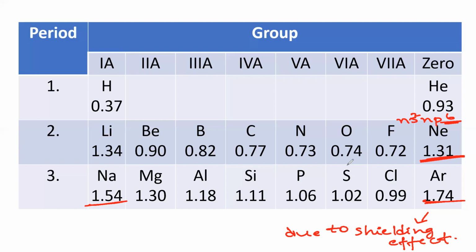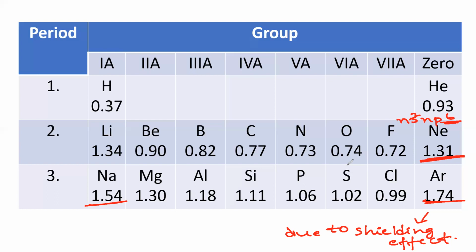But across the period, what happens? Generally, in any period, meaning the same period, for example the second period, we have lithium, beryllium, boron, carbon, nitrogen, oxygen, fluorine, neon. In the third period we have sodium, magnesium, aluminum, silicon, phosphorus, sulfur, chlorine, and argon. Within the same period, the atomic radius decreases from left to right, from the starting element to the ending element. At the last, it increases